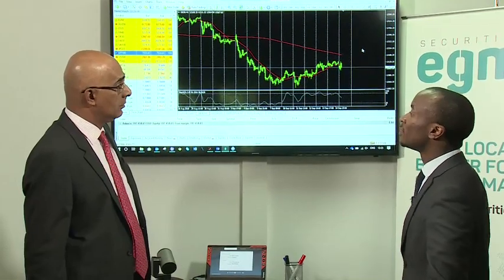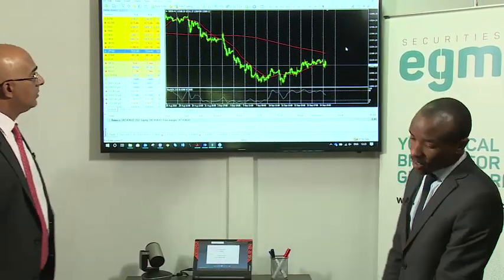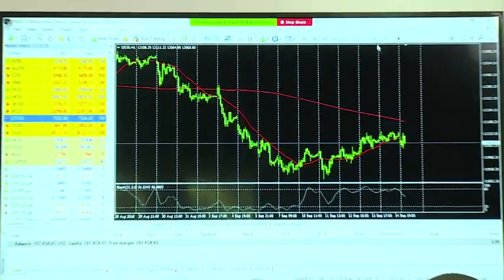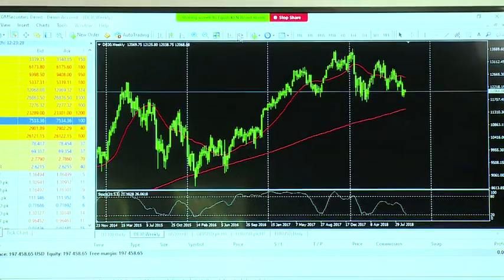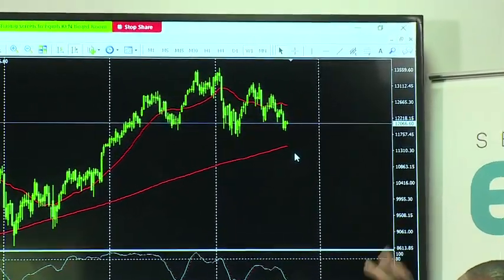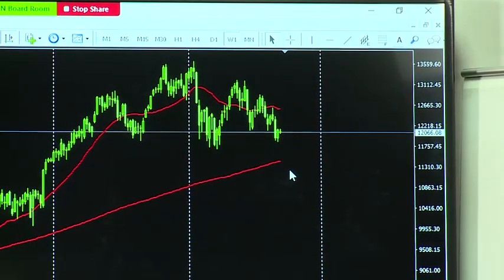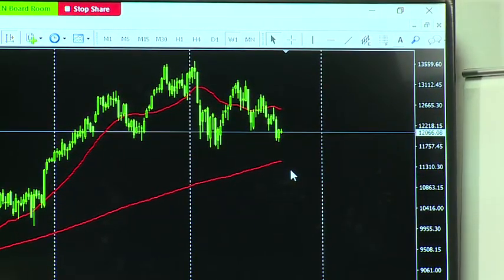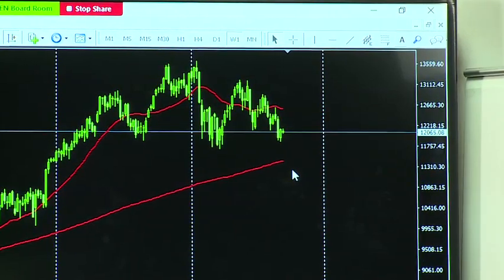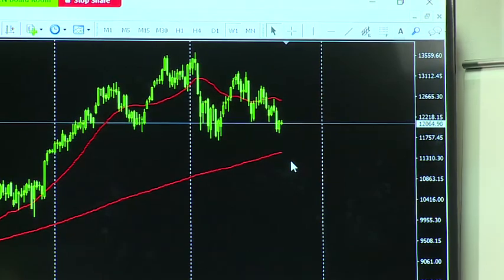What has this index been doing over the longer term? If I go to the weekly, globally the indices have been gaining, but you can see this one is not as corrected. This is because it has more industry participants, a wider pool as opposed to the UT 100. And also remember manufacturing, global trade, all of that.